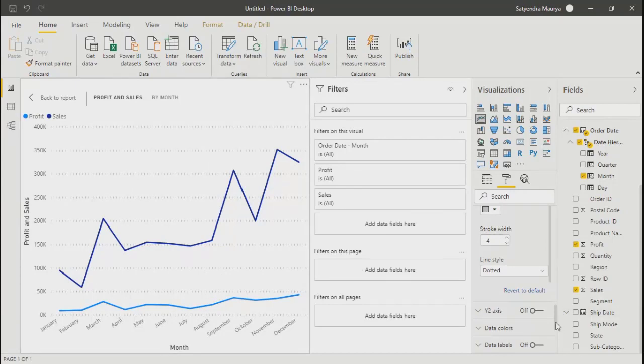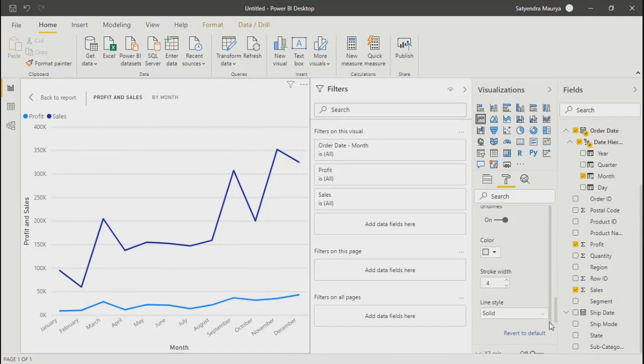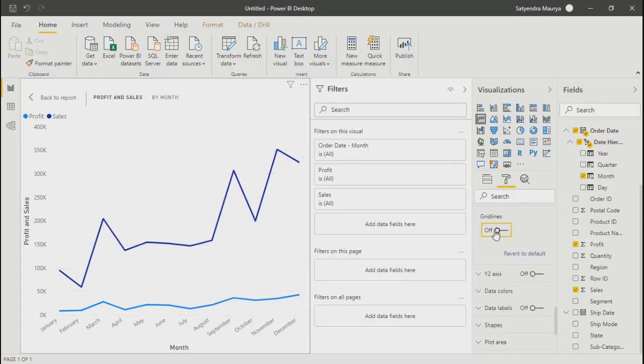Is this axis? Okay, this is related to actually grid lines. It is changing. Let me turn the grid lines off. We can do that. I'm just looking at the properties of this x and y-axis.